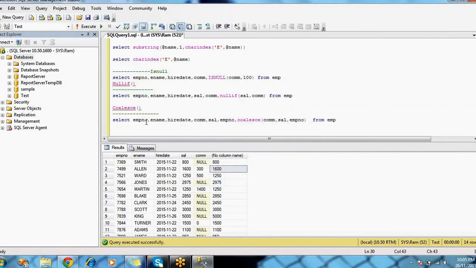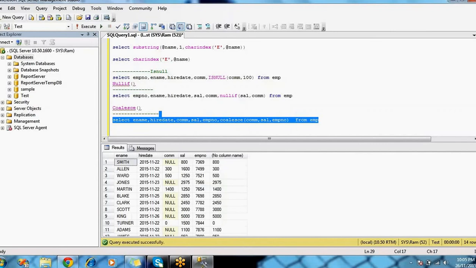So I'm going to put them in sequence. If you are executing this one, you have mentioned three columns: one is the commission column, one is the salary column, one is the employee number column.